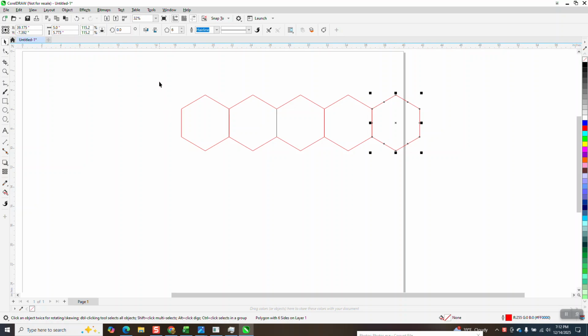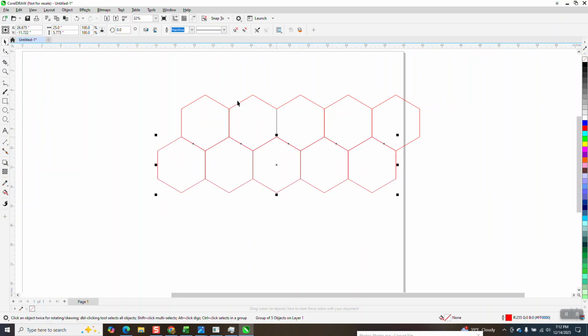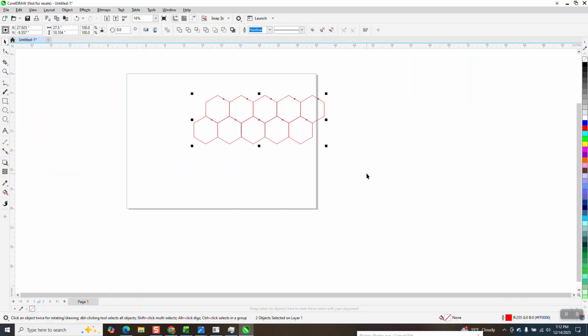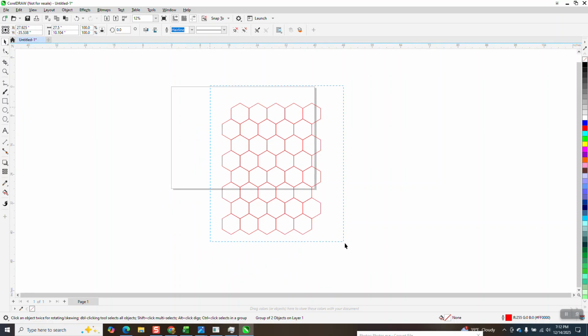Now, Control G to group up, Control D to duplicate. And we could use the 4-sided cross and have it snap to it. This snaps really good. Control G, Control D. Now this is where we could use math really easy. And I think, you know what, I'm going to make it pretty big